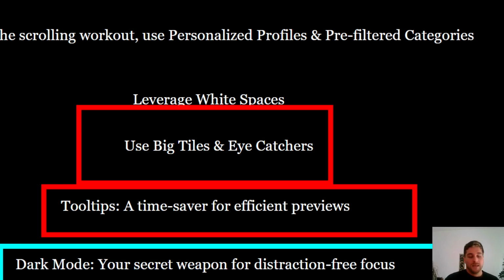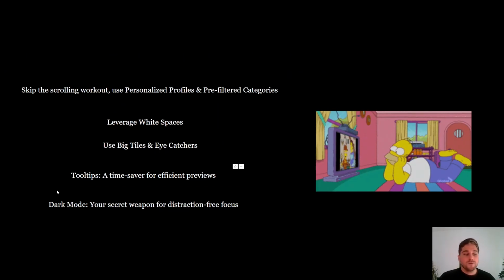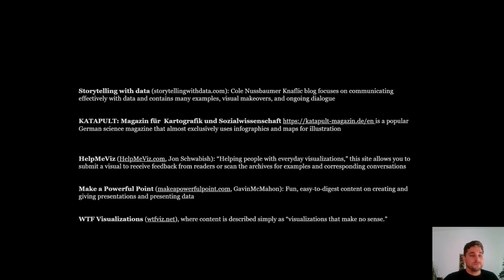And last but not least, dark mode is the secret weapon for distraction-free focus. In my opinion, a dark theme helps to navigate and spot the significant changes in the data, or outstanding measures. But of course, it depends on the preference of the client. In most cases, they prefer to have a standard view, and then of course we need to use that. But if you have an option to choose, just give it a try and check what feedback you get from the client.